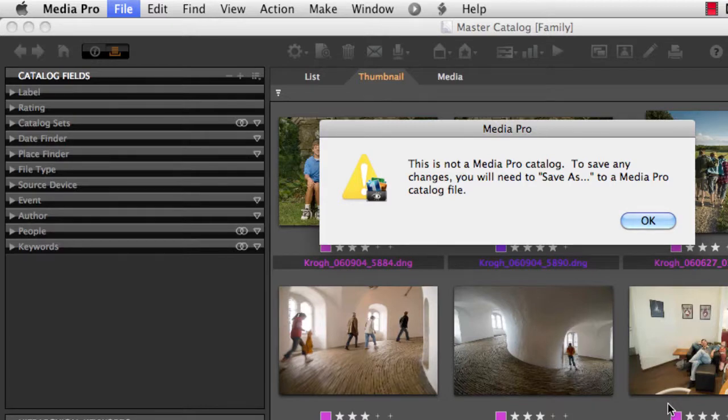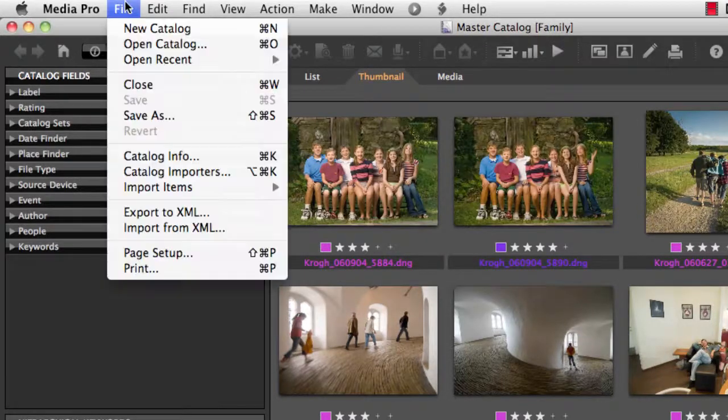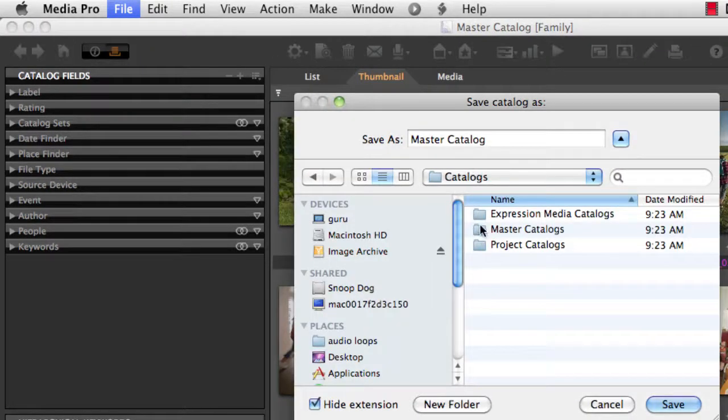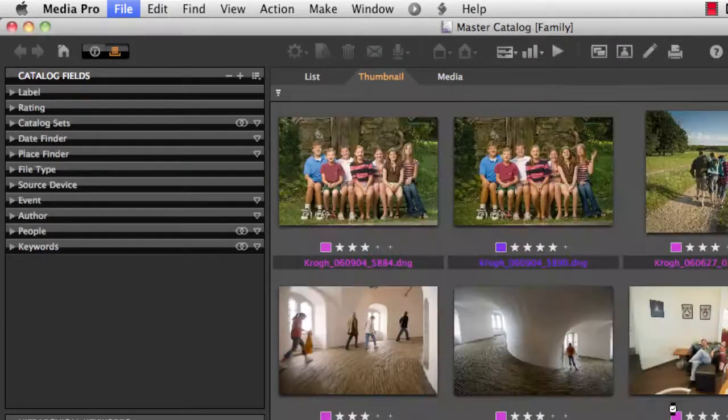It's an entirely different format, although, as you can see, the interface works in much the same way, and all of the information we've created in Expression Media or iView continues to be there, but we need to save as a new file type. I'm going to hit OK and do that saving immediately. Note that we're using the Save As command here. Let's go find the new folder for the master catalog. I'm going to save it with the same name. Just hit OK and go, and it's going to save.